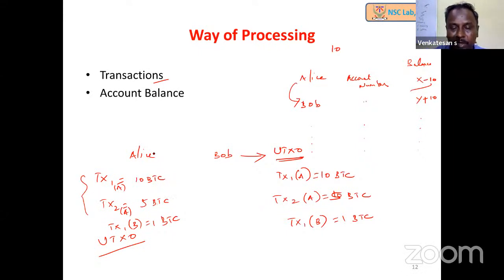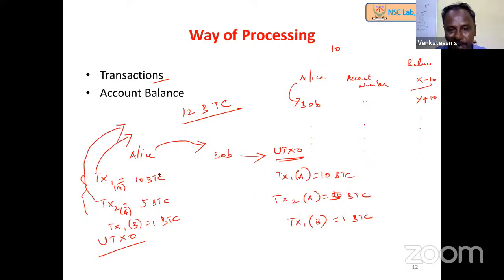Now let's say Alice wants to make a transaction to Bob, which is 12 BTC. Alice wants to send 12 Bitcoin to Bob. What's going to happen is Alice will be spending this transaction as well as this transaction, because Alice is not having any transaction of 12 BTC, and she cannot do the exchange. That is, we can give 100 rupees and take 200 rupees? That's not allowed. If you have to do that, you have to make a transaction, and for that you have to pay the transaction fee. So they normally don't do that.